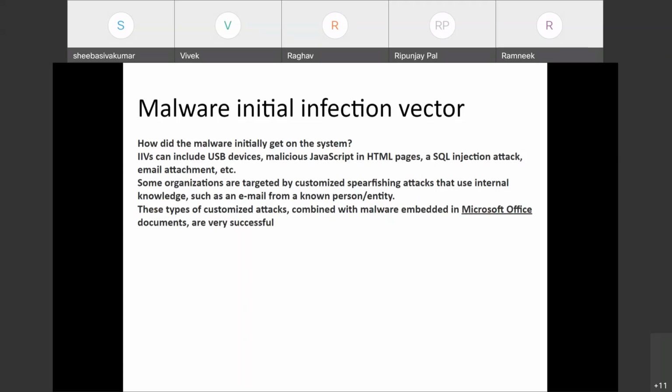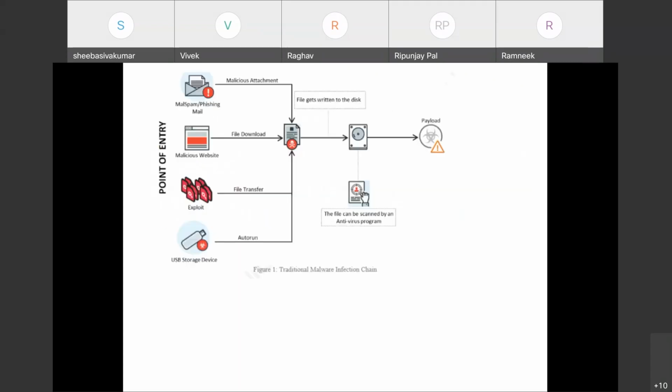Spear phishing is a targeted attack, such as an email from a known person or entity. In these types of customized attacks, a malicious Office document or PDF is also sent. On opening that, the user might get compromised. So you need to identify the initial infection vector.